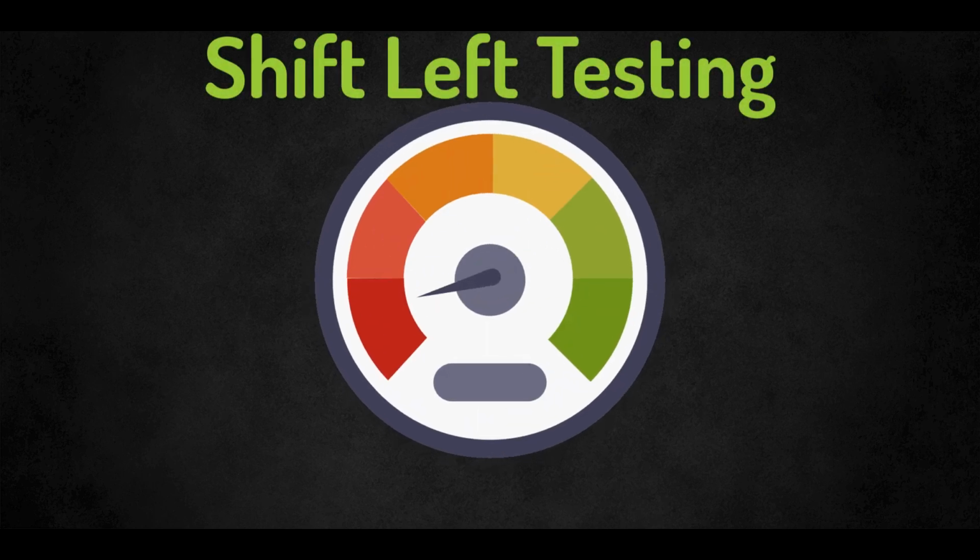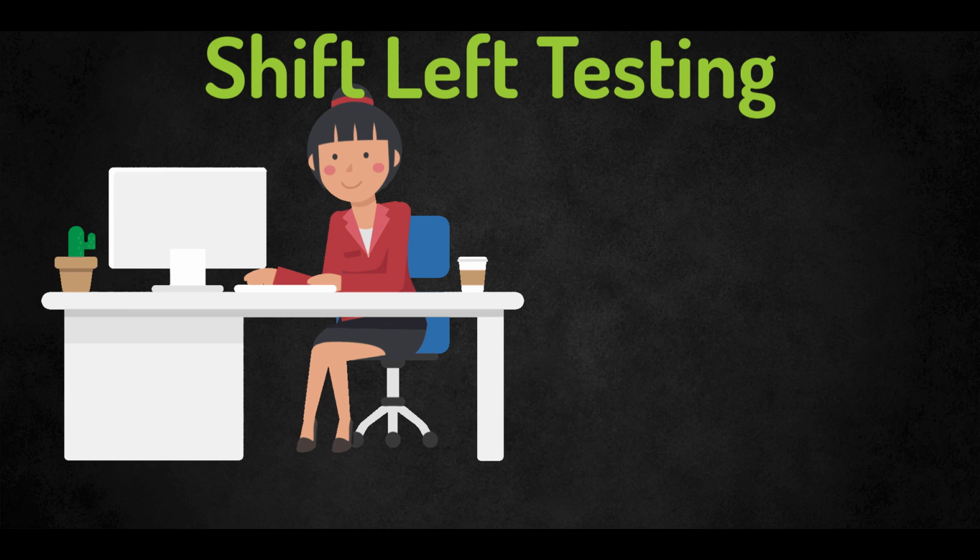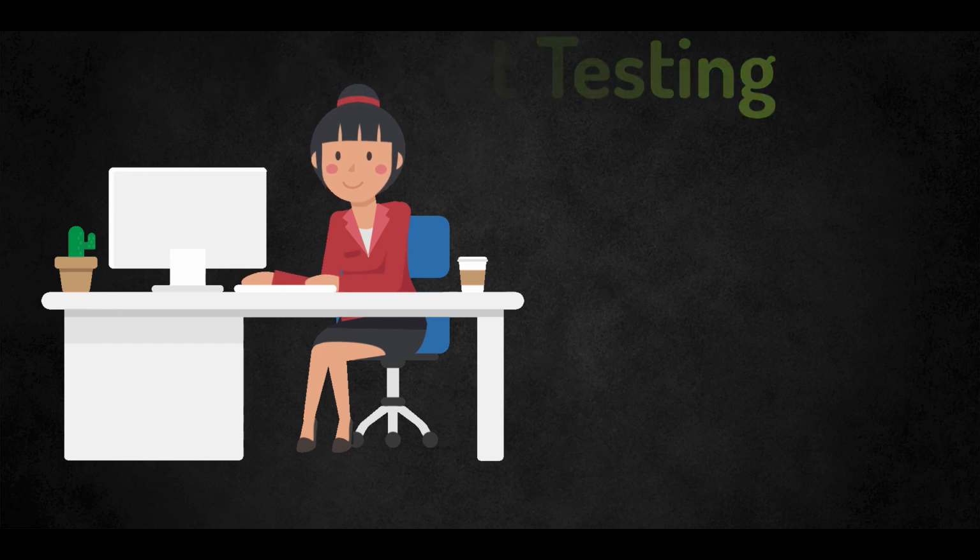If we consider our unit tests first, we really get into the nitty-gritty of the code and how it should be written. So then when we start writing our code with shift-left testing, we have already written our unit tests, so we know how to write great code from the start.